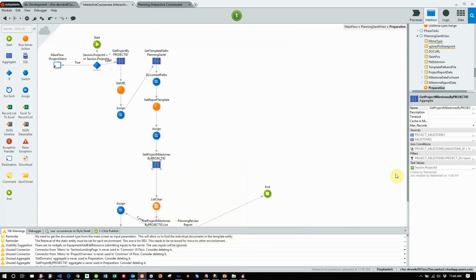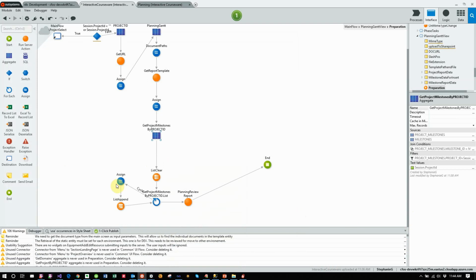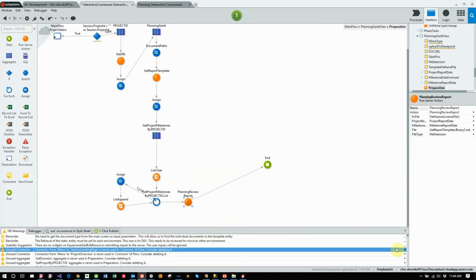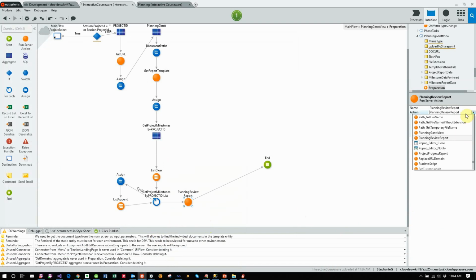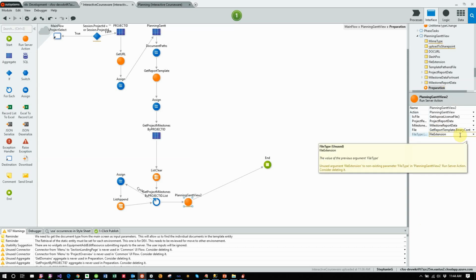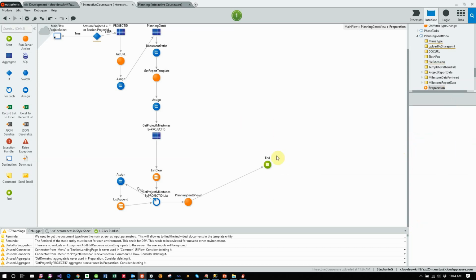Now this is the getting the milestones, and it sets all the values in the loop through the milestones here. And we're going to change this action to be the Gantt view. Okay. And it looks like I forgot a variable in there. No, we don't need that in this case because it's always going to be XLS. That's why. Okay. All right, so that is how we get the data to our subroutine or our function in our XIF file,